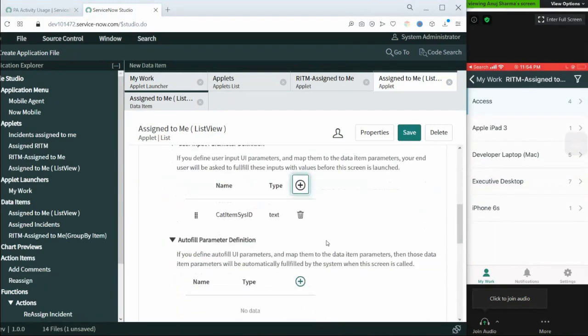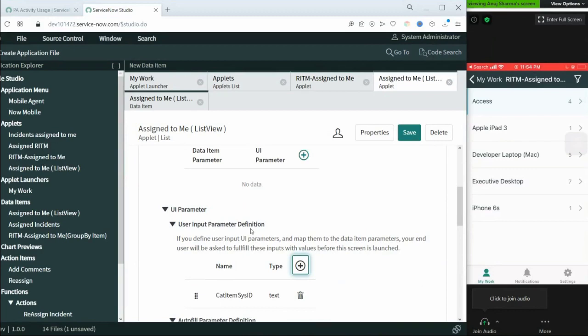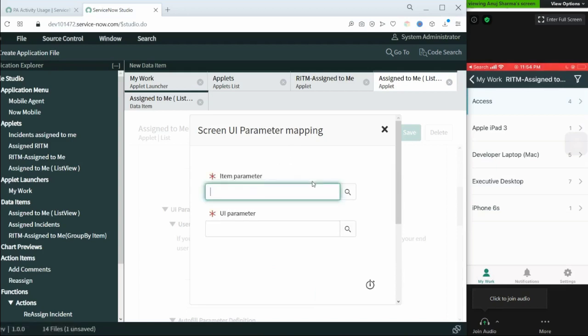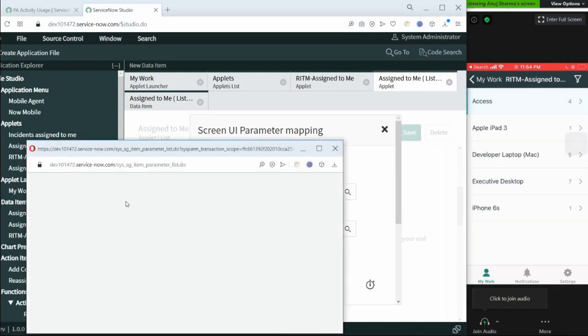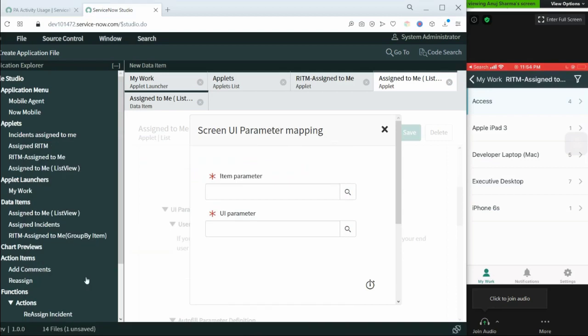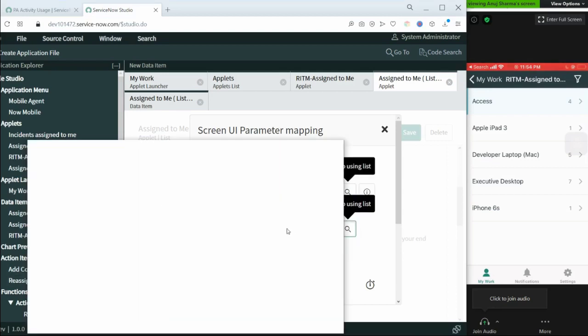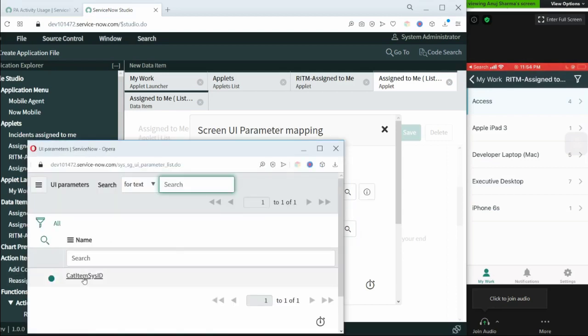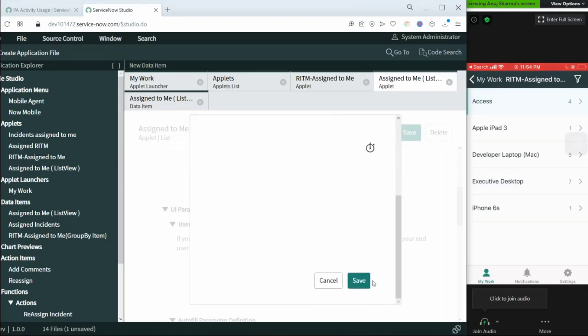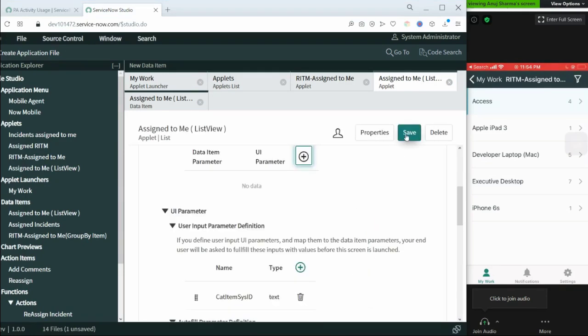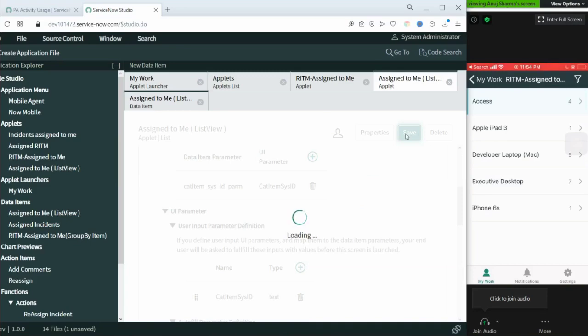So we have created the UI parameter, and now we will pass the UI parameter to the data item parameters. You can learn about this passing of parameters in my previous video as well. I have described it in a very easy way. So let's save it, and let's save it.